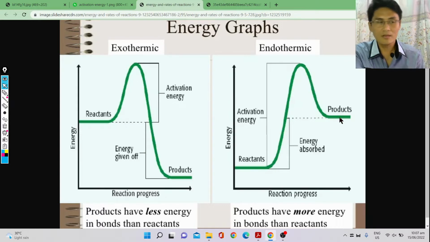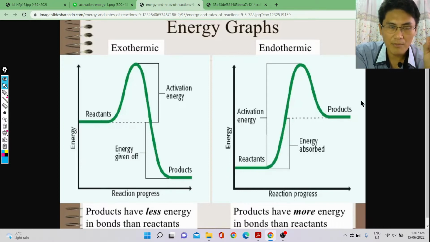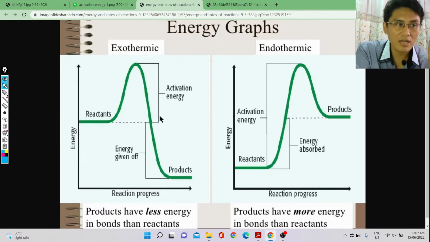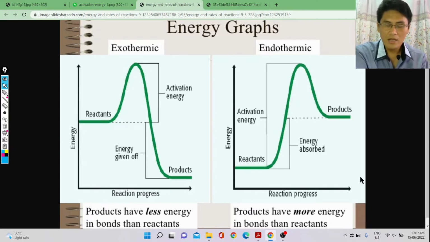But take note, even if the reactants here have higher energy than the products, and here the reactants have lower energy than the products, the activation energy is still higher than both of them, right? So you still require this activation energy for them to proceed, right? So that's the idea there. So the next